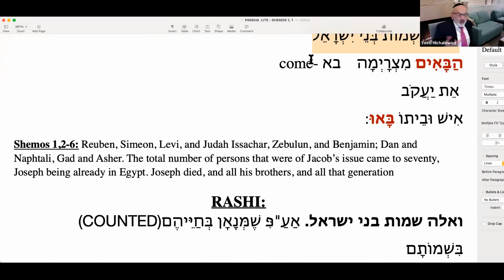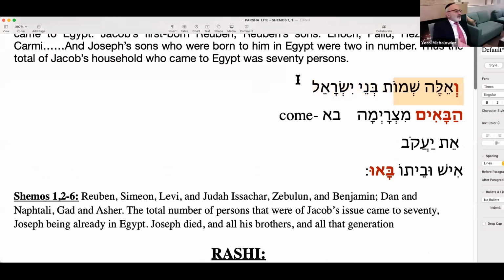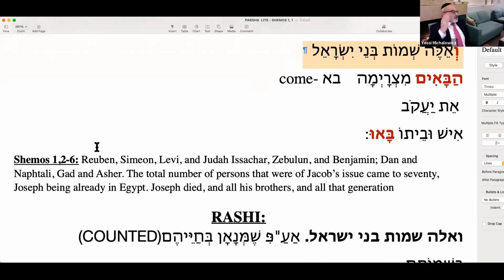But here's the question. Why would he want to destroy the Jews if they assimilated? How do we know they didn't assimilate? Because this pasuk says so. Ve'ele Shemos B'nai Yisrael. These are the names that they had. And they still had them. There were lots of Reubens and Shimons and Levis. And that's why they were still in Egypt. So rule number one, to survive the exile, have a nice Jewish or Yiddish name that is so unusual, the